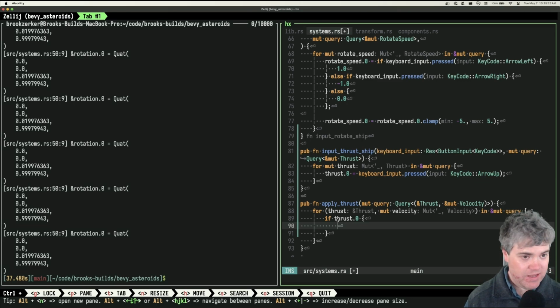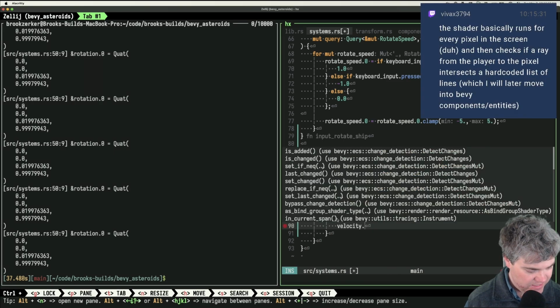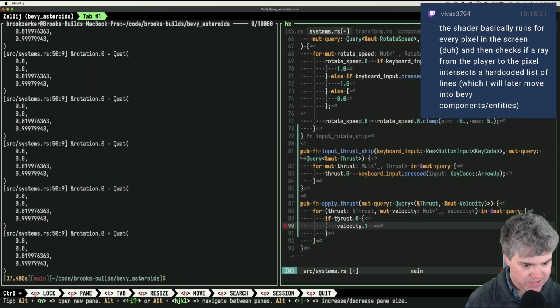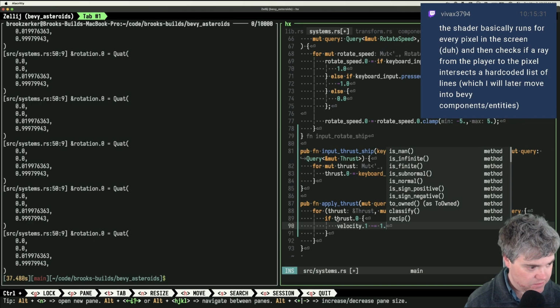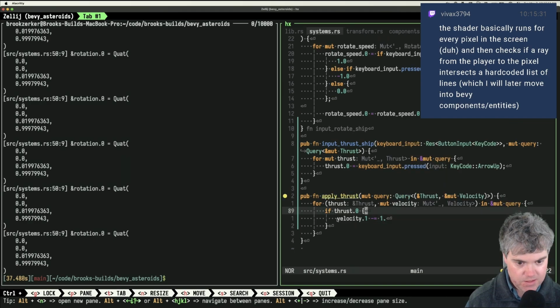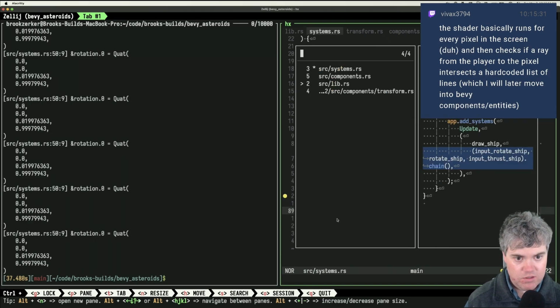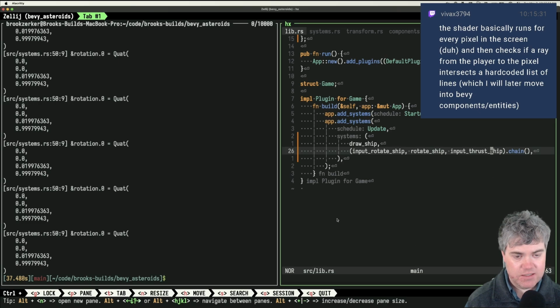So let's just make it go up. So we'll sub 1 from y, I think. So we'll just say velocity.x and y. So velocity.1 minus equals 1, something like that. And we'll go ahead and apply the thrust.